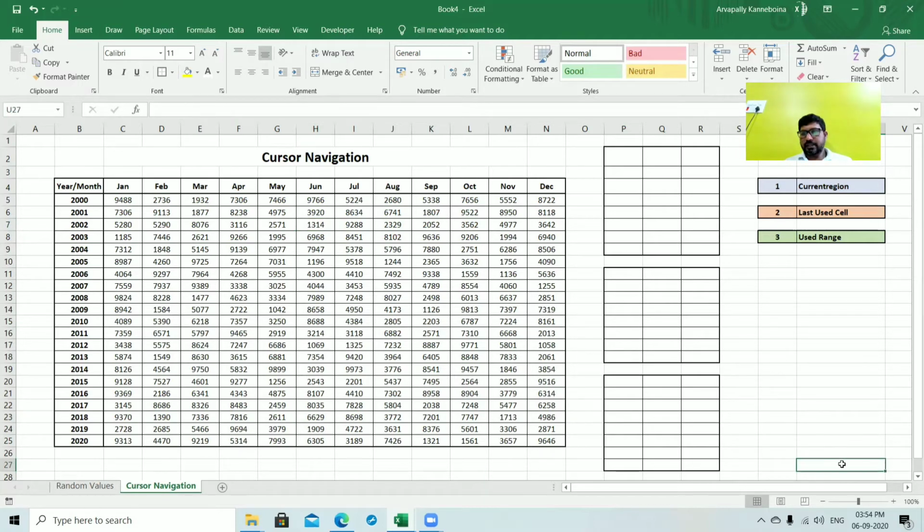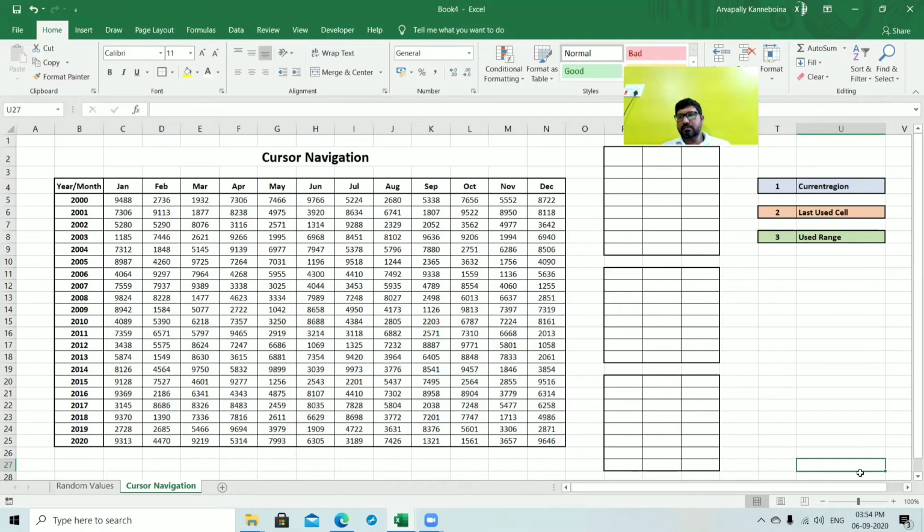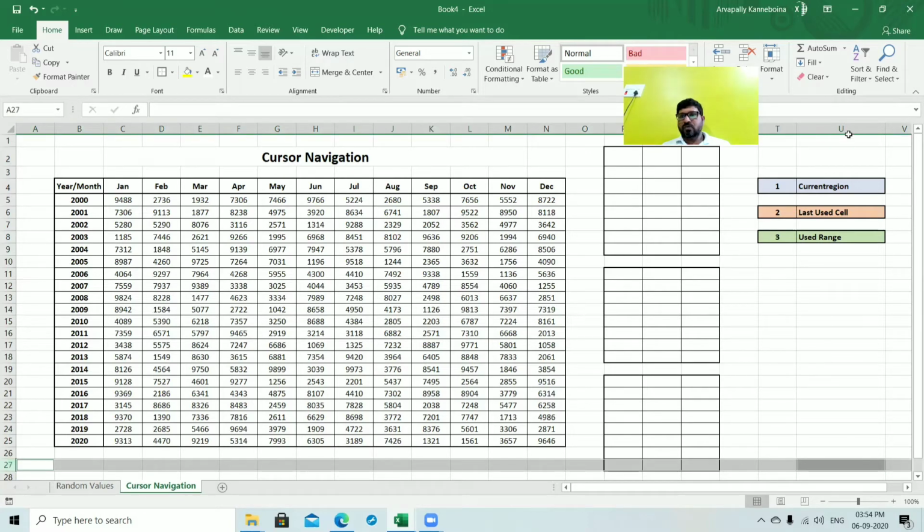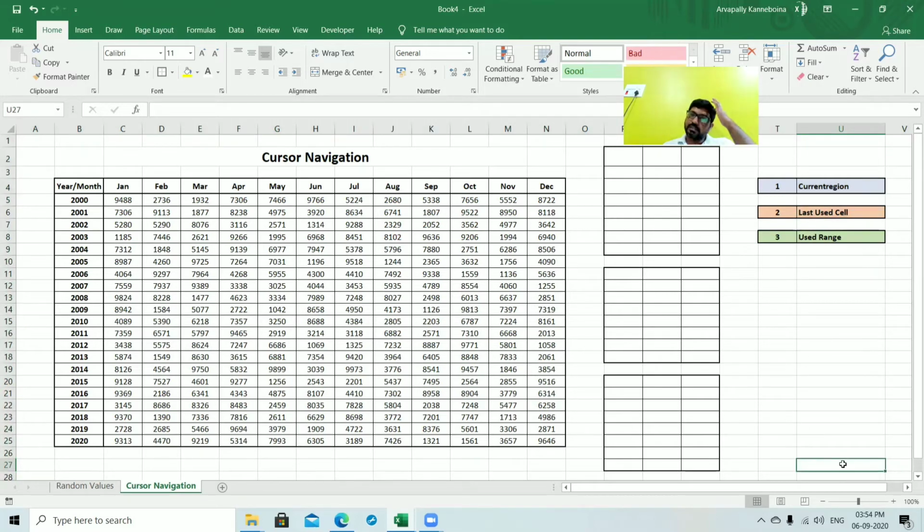So this is the last used cell. This is the last column. This is the last row. So both intersect here. That's the reason this is the last used cell.